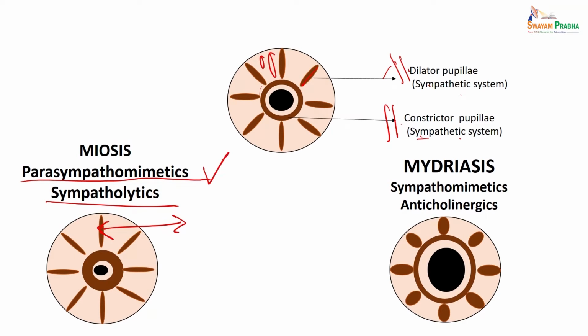Parasympathomimetic drugs and sympatholytics cause miosis. On the other hand, when you give sympathomimetics and anticholinergics, this causes mydriasis. So, the drugs which cause mydriasis, the anticholinergics, will precipitate glaucoma, and parasympathomimetics will cause miosis and will be useful